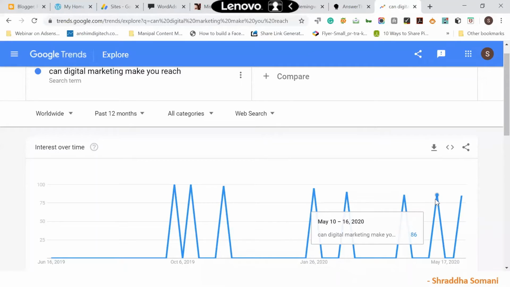So to increase the traffic, have a good theme for your blog. As I told you, there should not be a grammatical mistake or a spelling mistake. You should not use a lot of jargon. Most important thing, your content should be quality content and it should not be copied content. You should not copy content from any other websites, right?